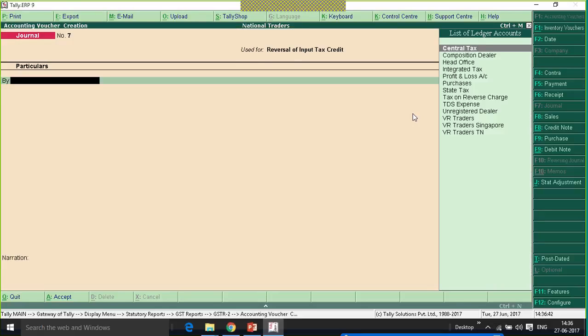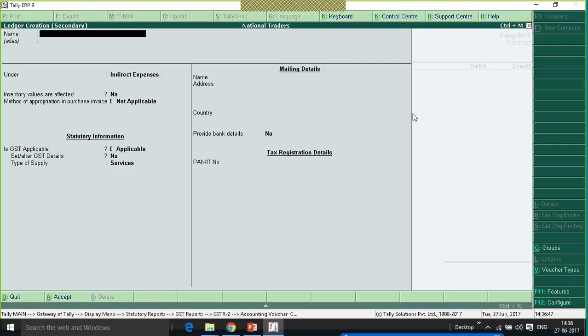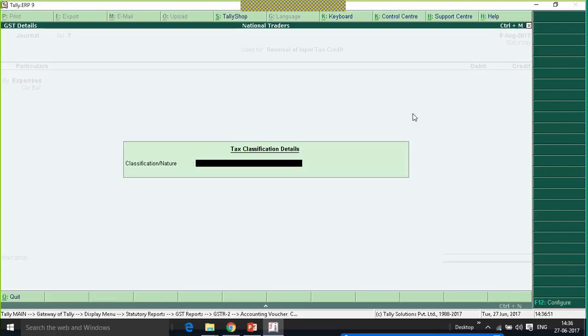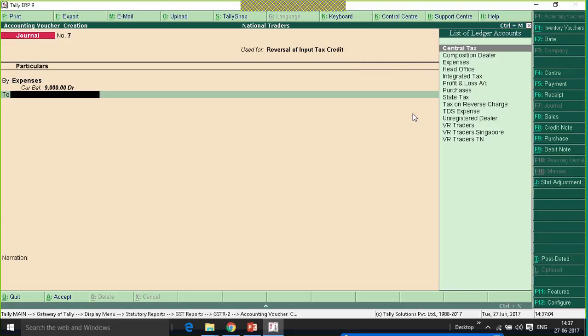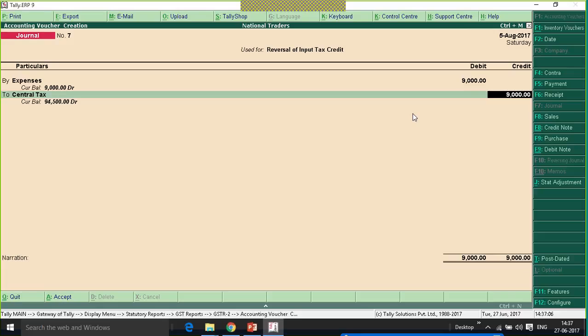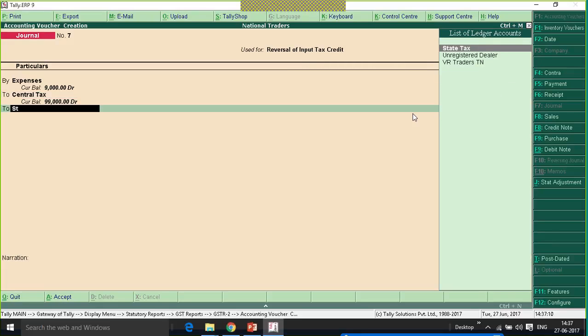So since it is a reversal, I will debit any of my expense ledger. I'll debit it for some 9,000 and credit my central tax for 4,500, state tax for 4,500.